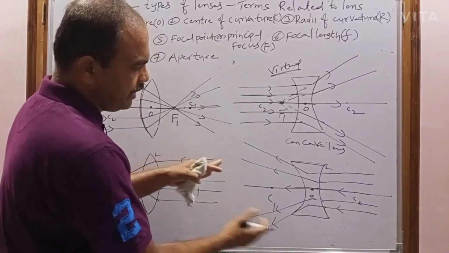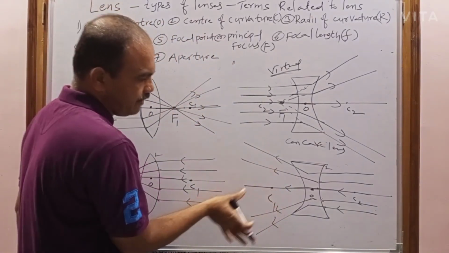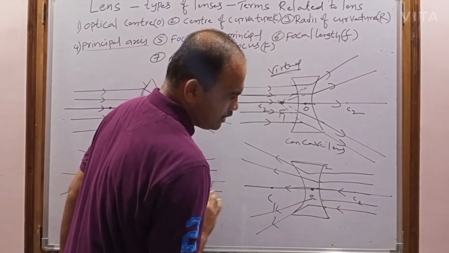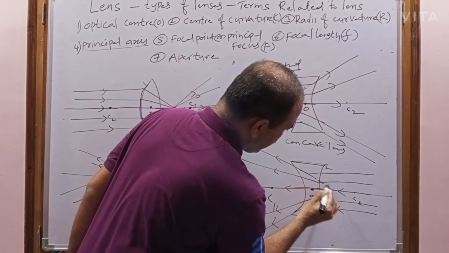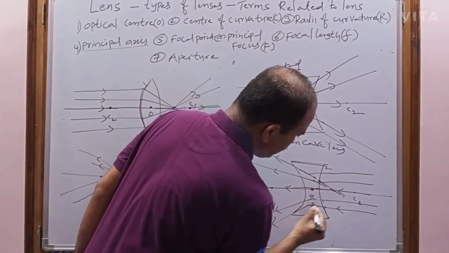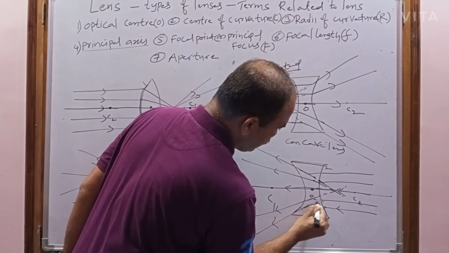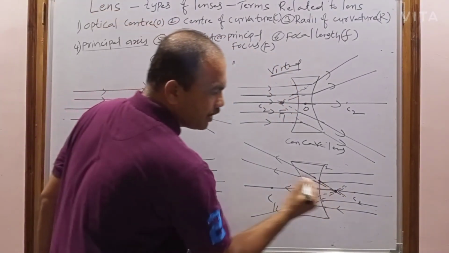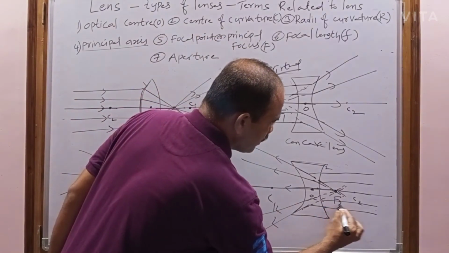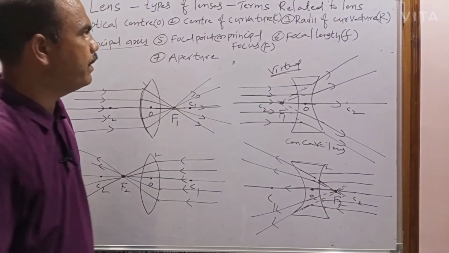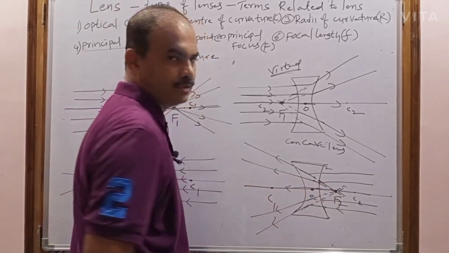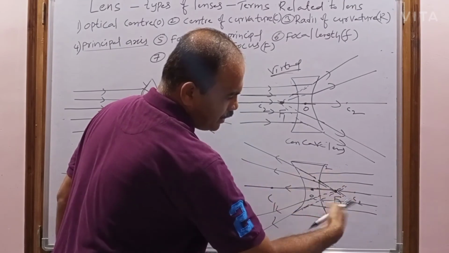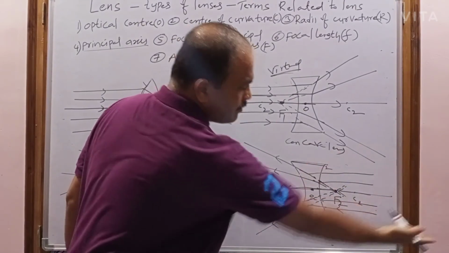That's why they never intersect. All these refracted rays are diverged. That's why they never intersect really. So to intersect them, when they are extended back, they appear to meet at a point. That point can be called the second focal point or second principal focus. But when the light is incident on the second surface, the second principal focus also exists on the same side.